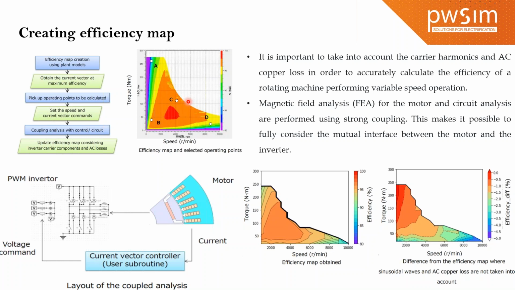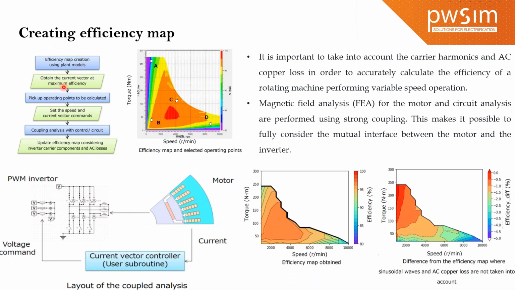In order to account for that, magnetic field analysis for the motor and circuit analysis are performed using strong coupling. This makes it possible to fully consider the mutual interference between the motor and the inverter controller. So this is the PWM inverter and this is the motor. The current vector controller will be adopted in the control circuit. So it's a voltage command. Accounting for these by using a strong coupling between JMAG and other third-party software like MATLAB,